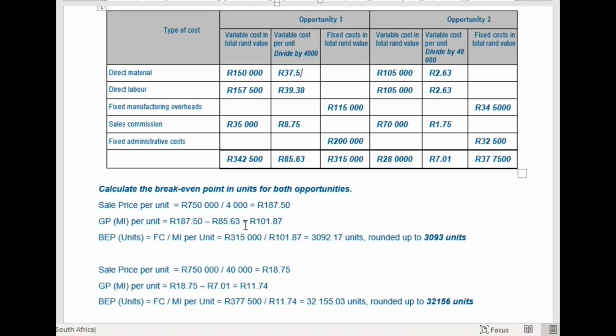And now we know that our break-even point in units, and this is the formula that you must know, is our fixed cost divided by our marginal income per unit. And that marginal income per unit, marginal income and gross profit, I've said to you many times, is the same thing. Okay, and you calculated it. So your break-even point is your fixed cost. Your fixed cost, you have calculated it. It's 315. Your marginal income per unit, you have calculated it there. It's 101.87, and it gives you